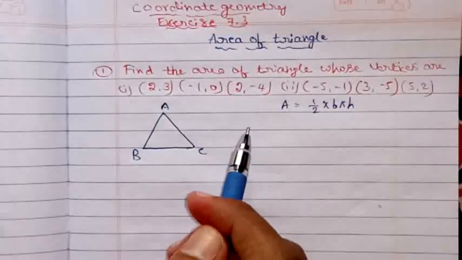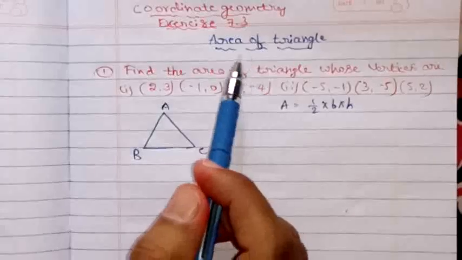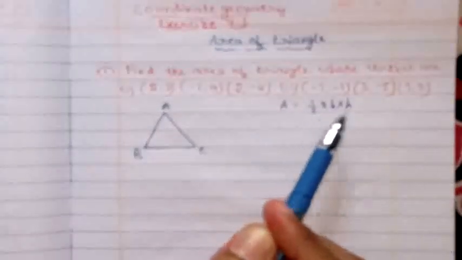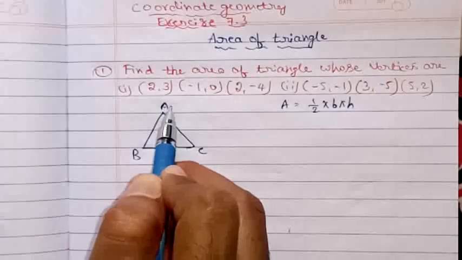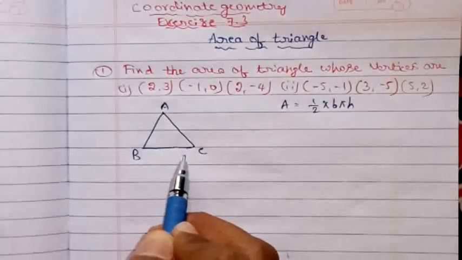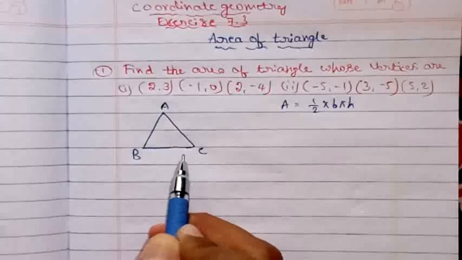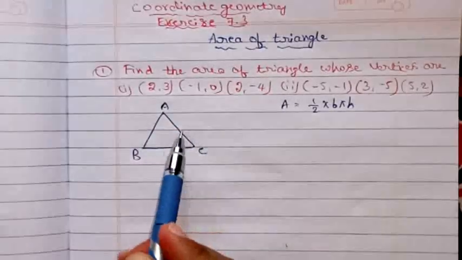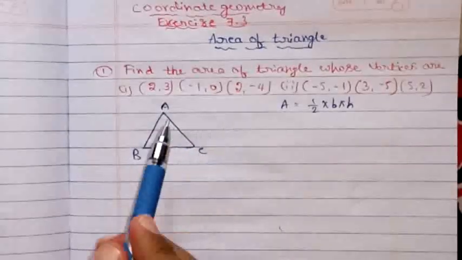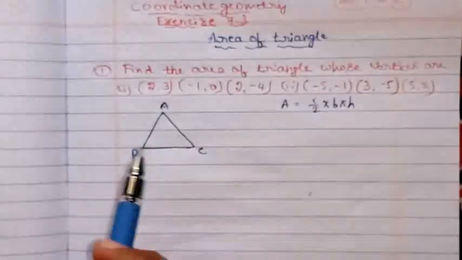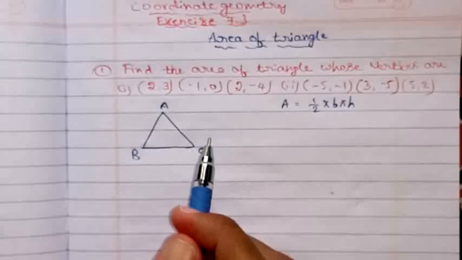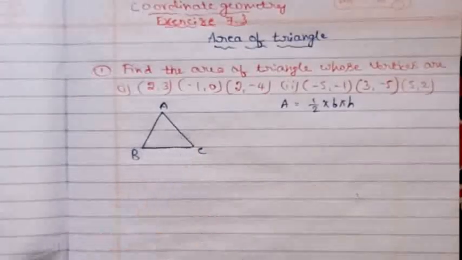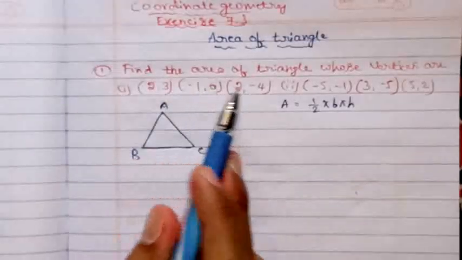So here also you need to find the area of a triangle, but if they have not given the base and the height, if they have given the coordinates of A, B and C, how will you find the area of a triangle? Instead of giving a base and height, if they have given coordinates, how will you find the area? For that you have another area of a triangle formula that we will learn now, and by using that formula we will solve this problem.